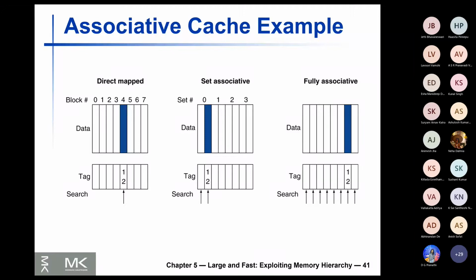Fully associative is extremely good, very efficient, gives you very high performance with respect to hit miss patterns, but it is not very practical for large caches. Set associative is kind of the optimal engineering trade-off that is very common. It is extremely popular and it gives reasonable hit miss ratio with manageable hardware overhead.